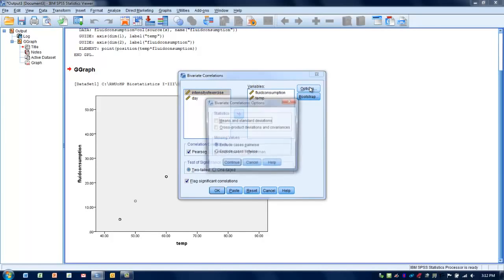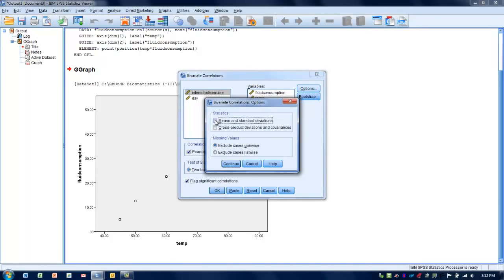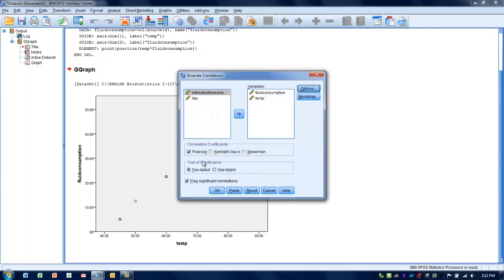We can go to the options box and make sure that we're going to get the means and standard deviations for each of these variables so we can report those descriptively. And then we also need to make sure that Pearson is checked, because that's the correlation we're attempting to do, and we've examined this data for the assumptions for a Pearson, mainly being that it's quantitative and linear in its relationship. And we don't know what direction the relationship is going to go beforehand typically, so we're going to choose two-tailed testing, and that's going to be part of the hypothesis decision we're